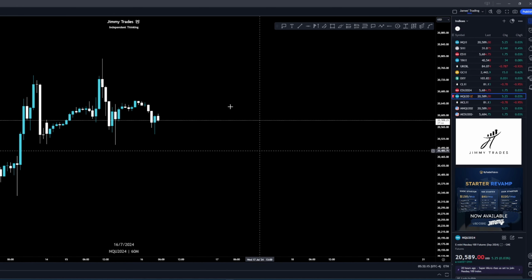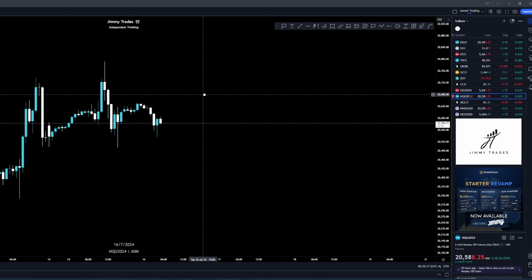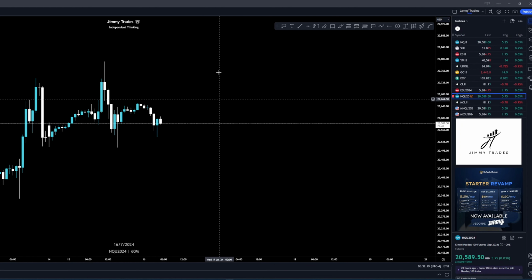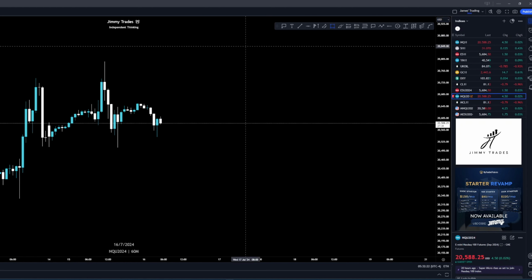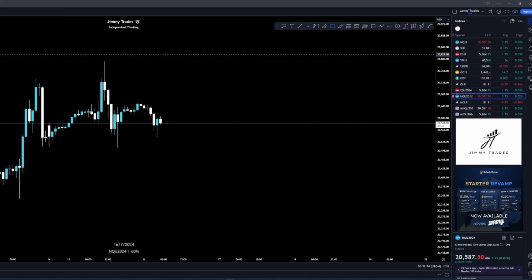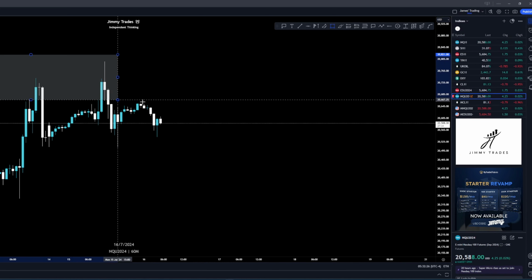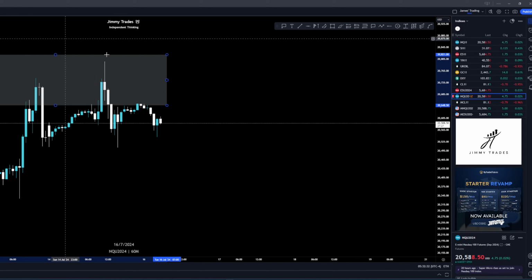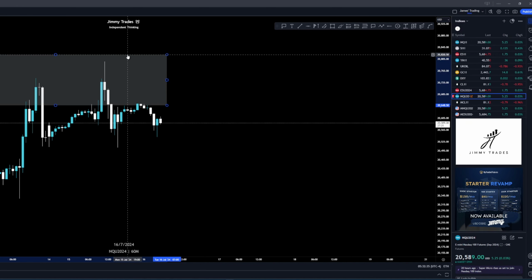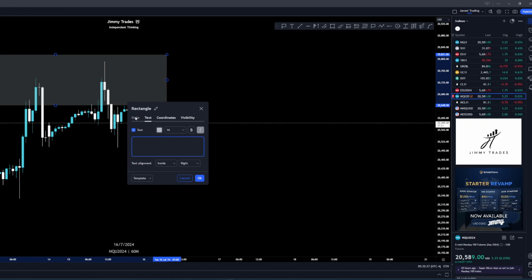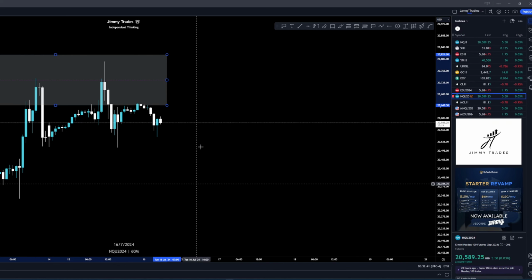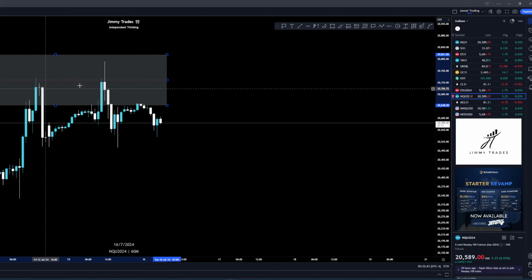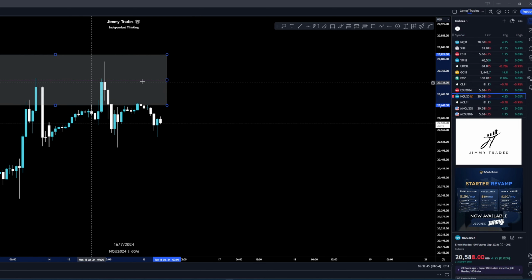So do we see any bearish price action here? Well, price came up into this hourly SIBI. And look at that, it's reacted straight off the mean threshold of that hourly